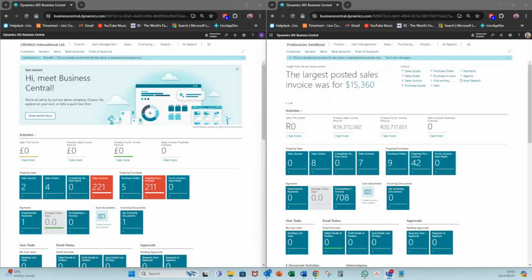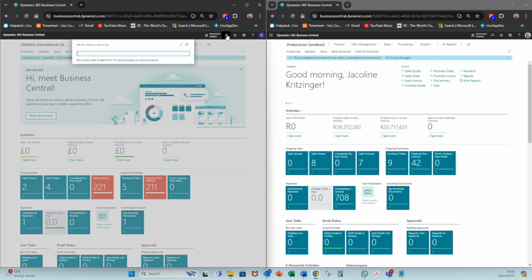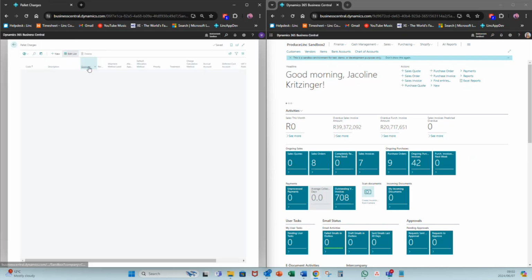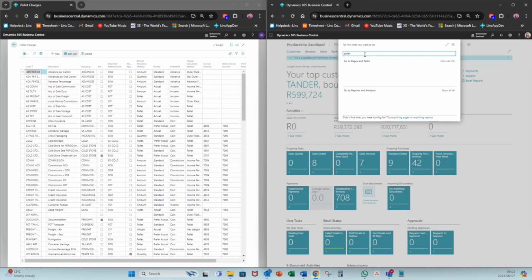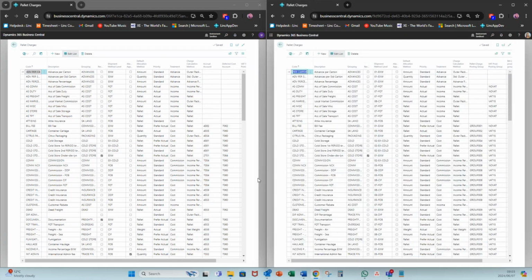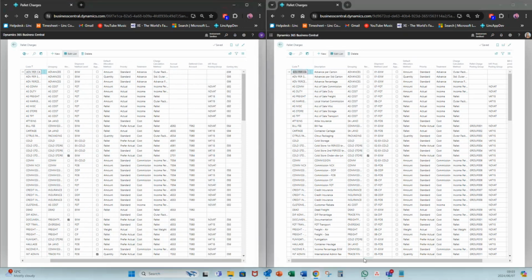So if we look at the screen, on the left-hand side, we have the old way, and on the right, we have the new way. So if we go to pallet charges, and we go to pallet charges in the new development, more or less it still looks the same, but if we scroll a bit to the right on